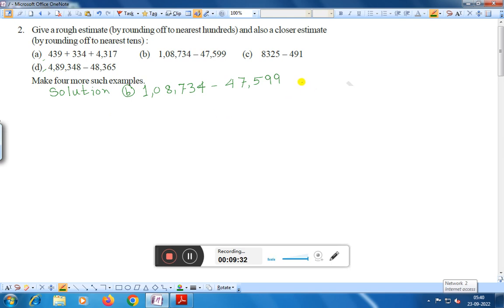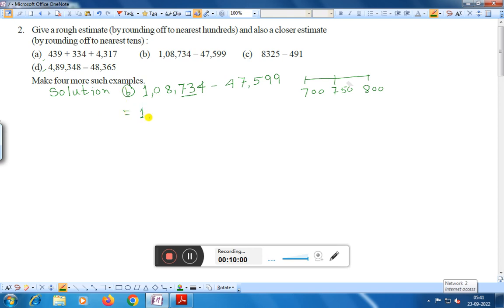Now the number is, you see, 734 lies between 700 and 800, and the middle number is 750. Now the number is 734, that means less than 750, therefore it is rounded to 700. Therefore here the number will come